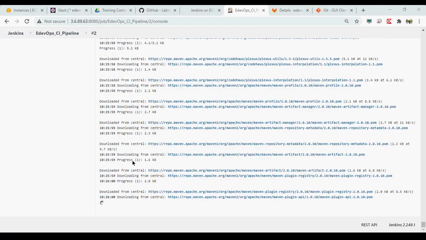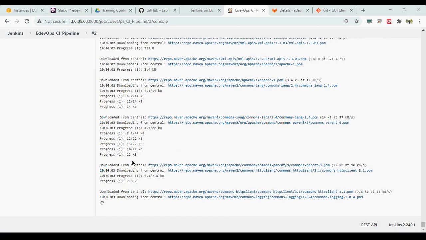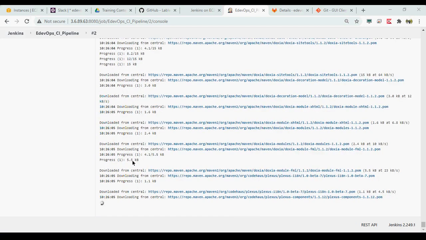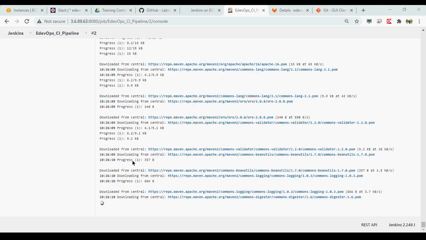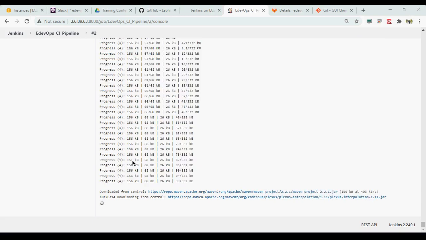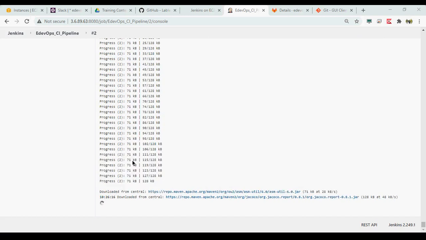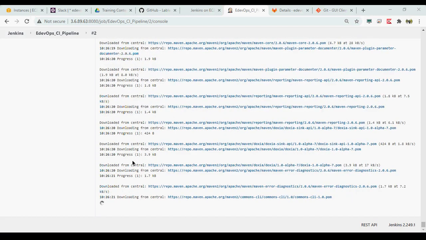You just give a reference of which library you want and which version, and Maven will download it from its Maven repository. So now it is downloading all the libraries defined in the POM file.